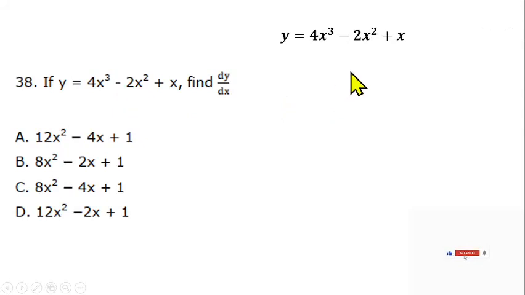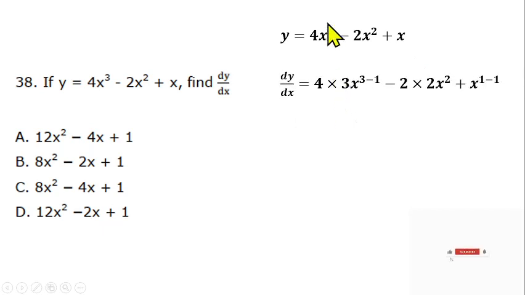Question number 39 is from differentiation. We have y equals 4x cubed minus 2x squared plus x. So we have to differentiate y with respect to x. So we have dy/dx to be equal to